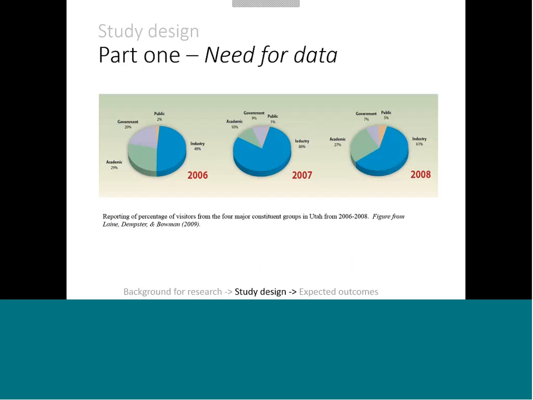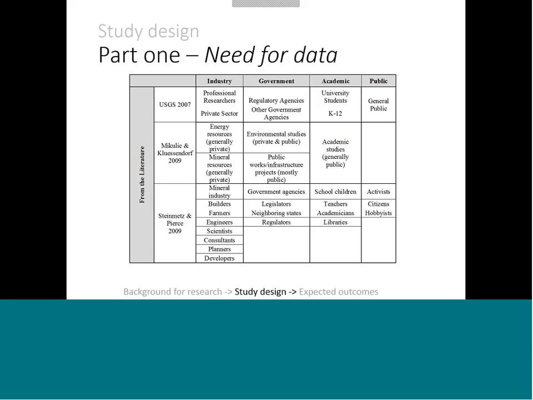So this first phase is there's a need for more information. This is a table from a poster presented at a National Data Preservation Program workshop in 2009. Utah was reporting on the number of visitors that they receive from different categories, but there's not a lot published about who exactly these users are. And it's inconsistent in the methods by which they're reported from each institution. We can see from the literature there's a number of ways of describing who is in these four major categories, but we don't have a lot of information about exact numbers, like how frequently they visit and what their needs are per se.